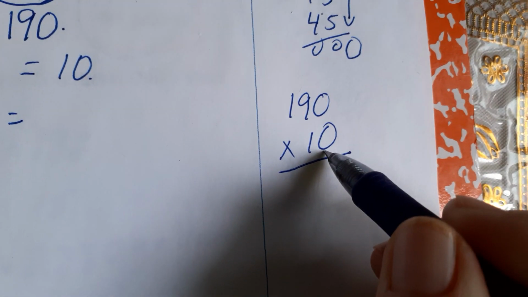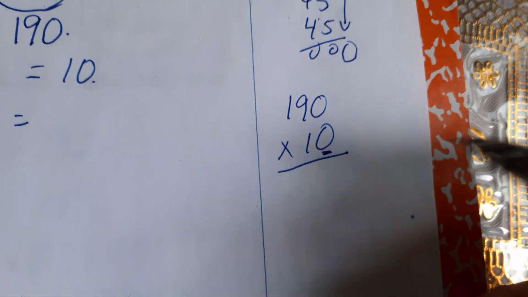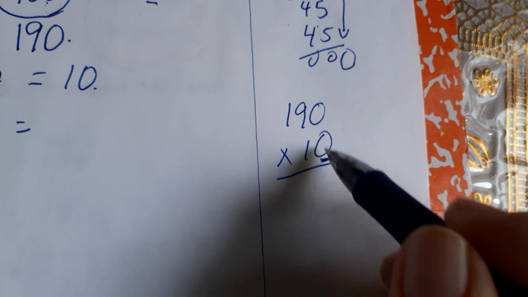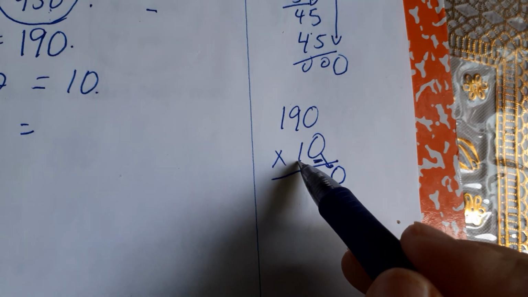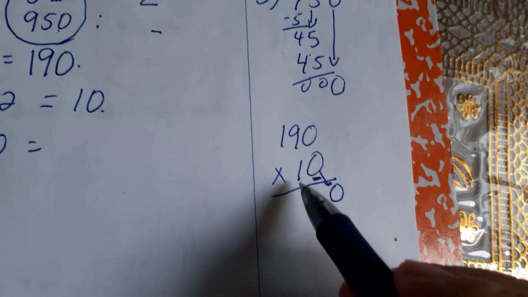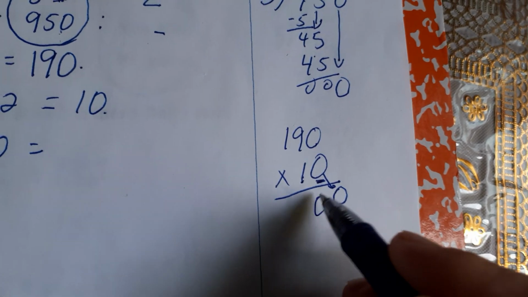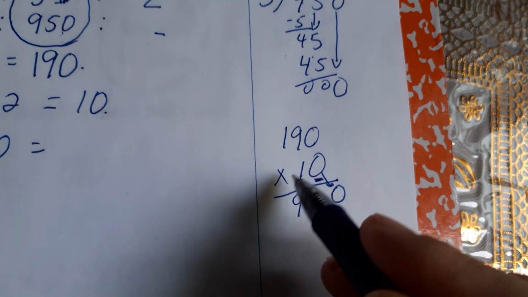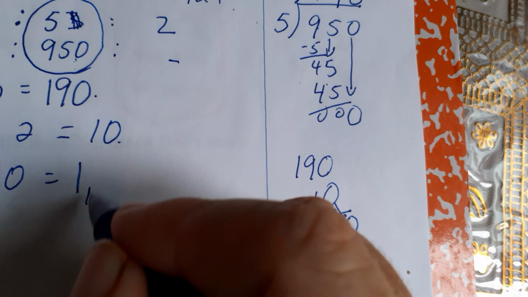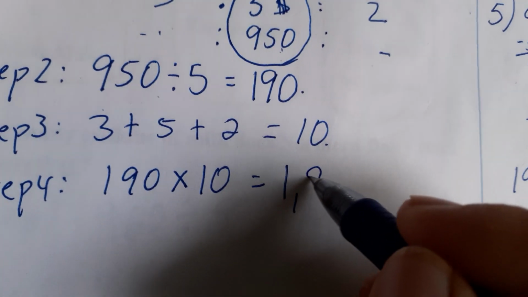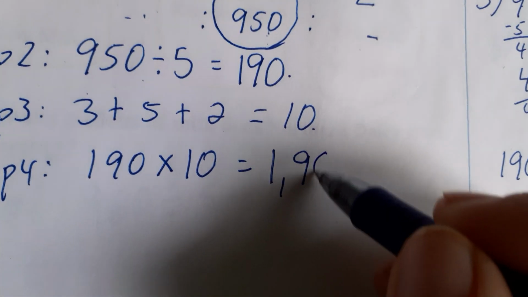Remember that when there is a 0 on the right side of a number, we just bring it down. Put it here. Then we multiply by this next digit. 1 times 0, 0. 1 times 9, 9. 1 times 1 is 1. So that will give us 1,900